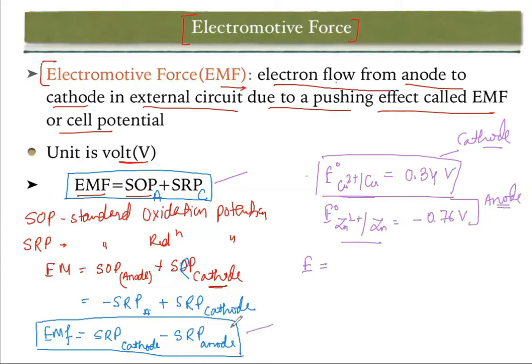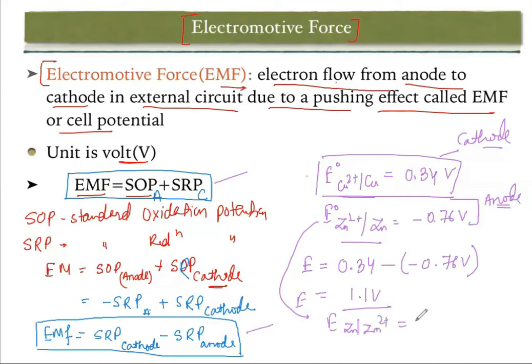Now, as we have calculated, the standard reduction potential is given, that is for the cathode. So this will be our cathode, 0.34 minus of minus 0.76 volt. Okay. So if we calculate it, it will be 1.1 volt. Now you can also use this other formula. You can also try this in terms of oxidation potential. So if you get the oxidation potential, it will be E is equal to